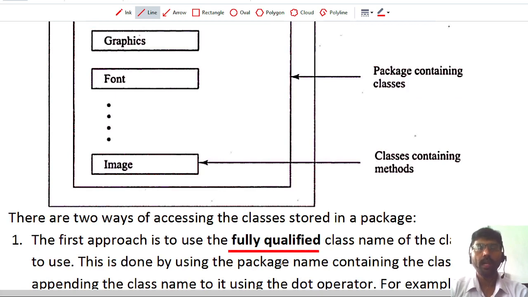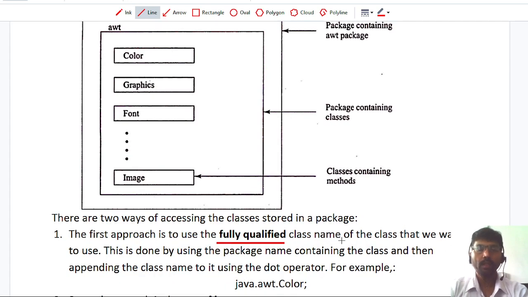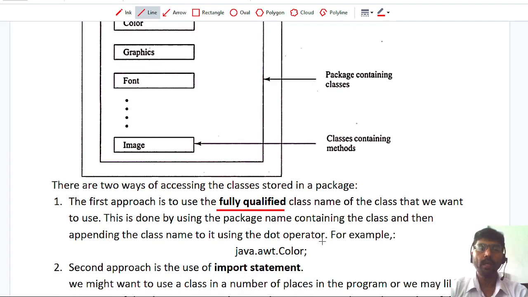In a fully qualified class name, we give the class name along with the package name. Each package is separated by a dot symbol, and at the end we use the class name. So this is the way of writing a fully qualified class name.